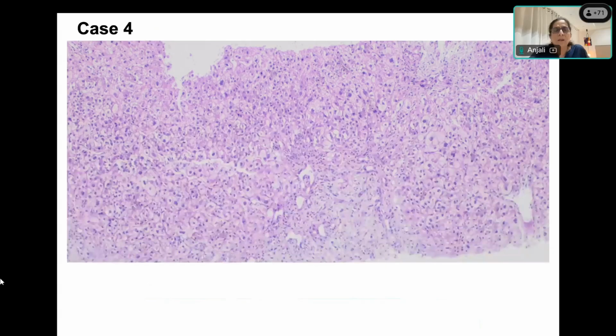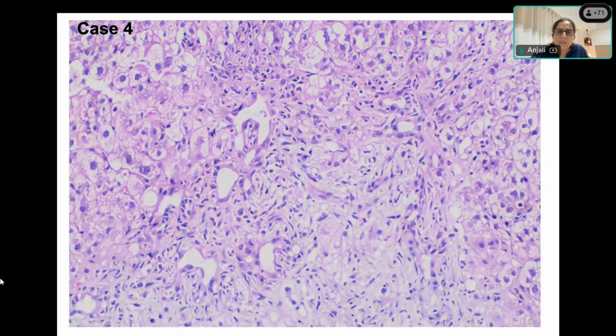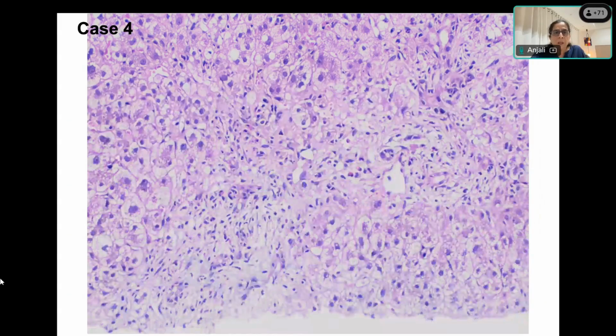So here you can see the liver biopsy of this patient, in which you can appreciate the portal area, in the lower part of the biopsy, which is edematous. It is expanded because of portal edema and inflammatory cells. This is higher magnification, in which you can see bile ducts which are getting destroyed. Inflammatory cells are destroying bile ducts. On the right hand side of the portal area, you can see some of the bile ducts are proliferating, slit-like. Here again, in this picture, you can see some amount of eosinophils that are destroying bile ducts.